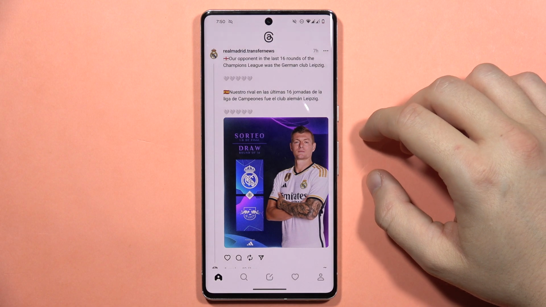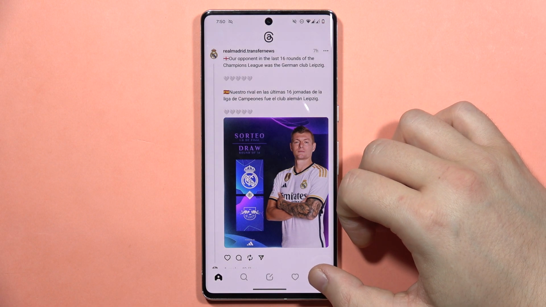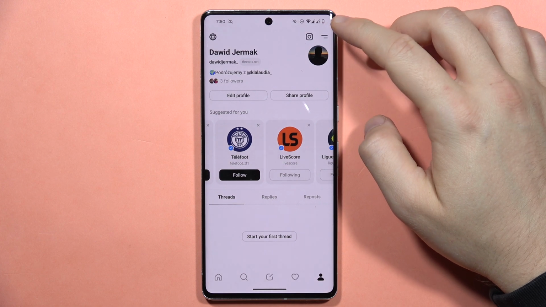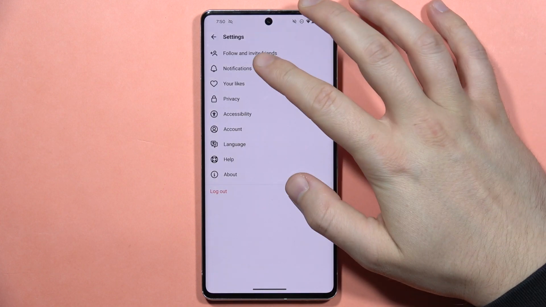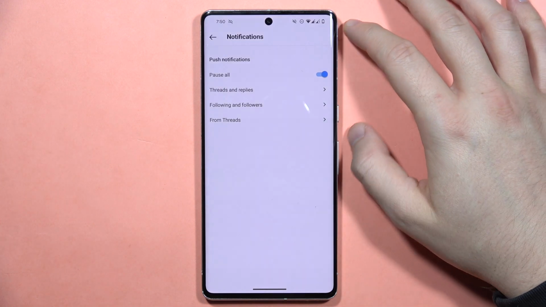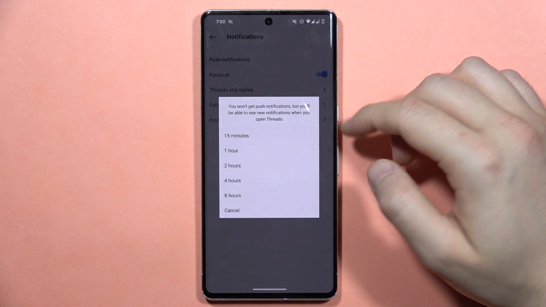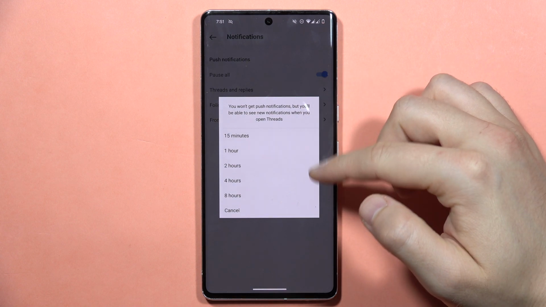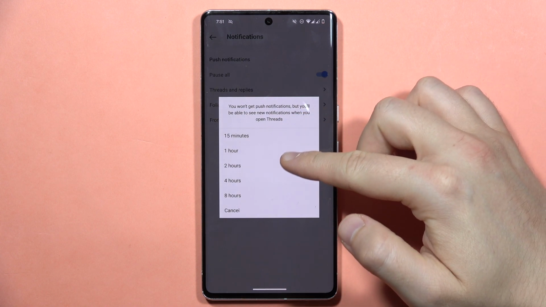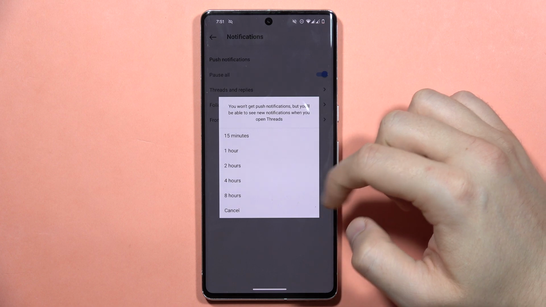Hey, to adjust the notifications on Threads, first you have to click on the right bottom corner and then tap on the two lines above your profile picture. Next, go to the notifications and quickly you can pause all of them or unpause by tapping on the switcher. When you turn it on, you can actually pick between 15 minutes, 1, 2, 3, 4, or 8 hours, or